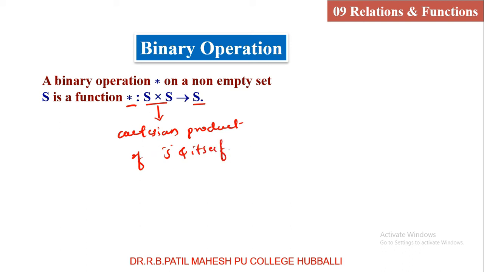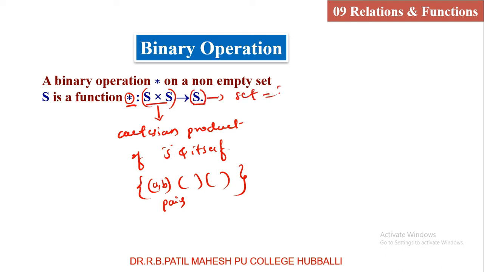Then what is the meaning of Cartesian product of S and itself? How the elements will be there in the Cartesian product is the question. Hope you all know Cartesian product is also a set consisting of ordered pairs. Consisting of ordered pairs means these are having two elements. A pair means two elements. Then binary operation is a function taking two elements. The set S is a set having only single elements like A, B, C and all. Try to understand, students. Taking two elements, arriving at one element, meaning a unique element.